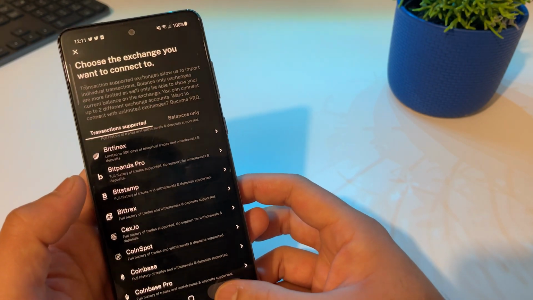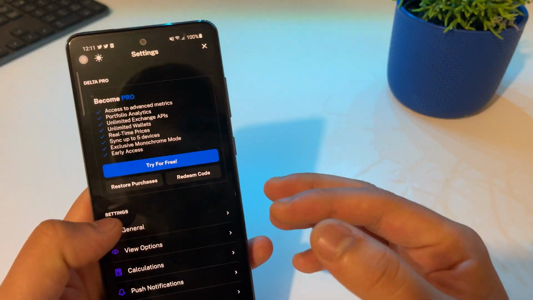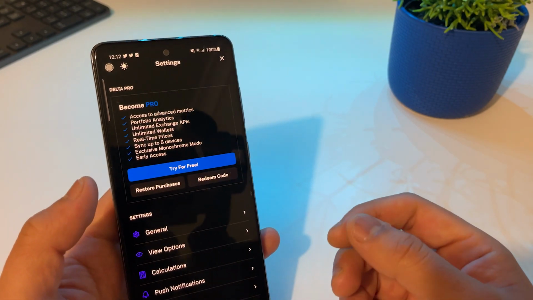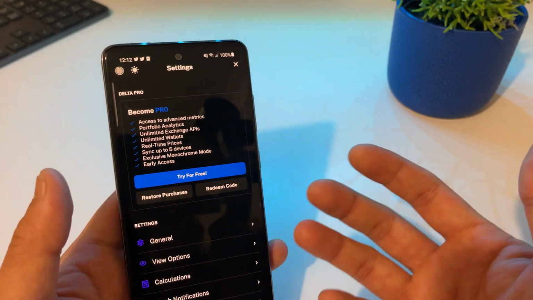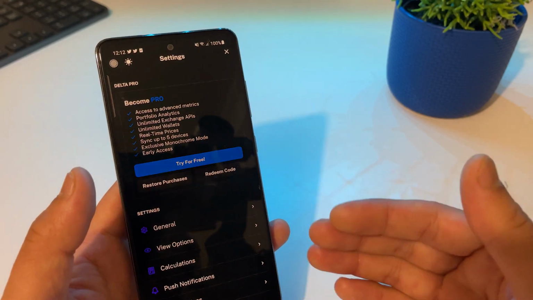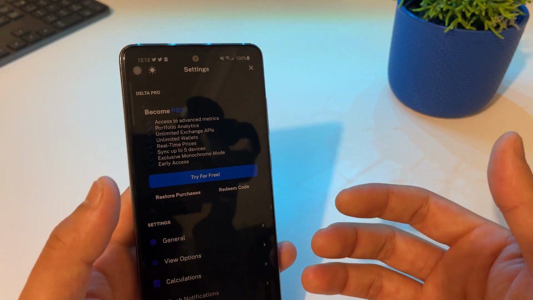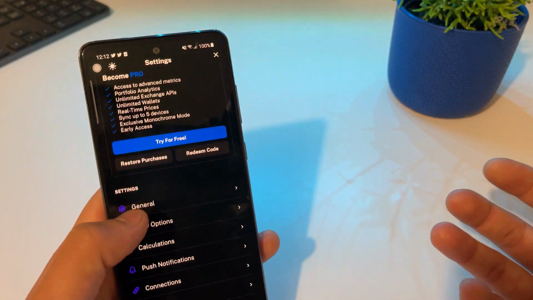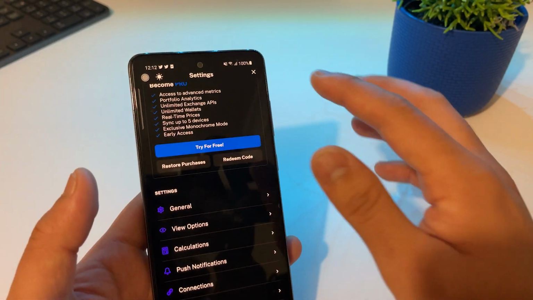Now, how do you import? For example, you have MetaMask, okay? At the start, it will look like it's broken, so it'll take some time to sync and to show you the correct prices of different coins and stuff. So once you've imported, give it half an hour, 20 minutes before the real price kicks in. One thing to remember is it's not going to be 100% accurate price. So depending on the exchange you use, depending on the country you are in, and depending on the services you use, the prices will vary, but it will still be able to get a rough estimation of what your portfolio is for the day, okay?